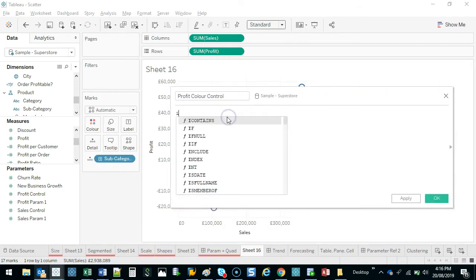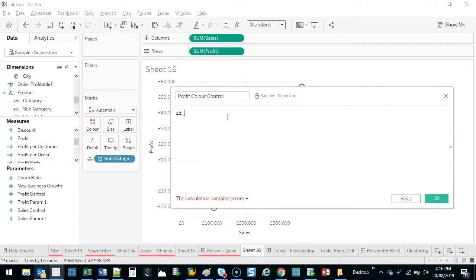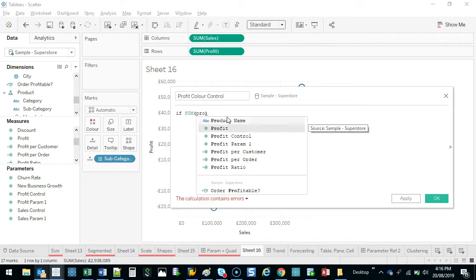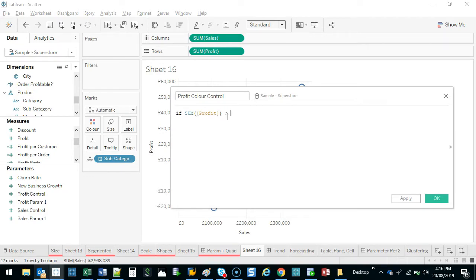So let's go if, I'm going to go really slowly, the sum of profit is greater than this, where is it? Profit param1. So we can bring that in here as a parameter. Notice it's purple, that's a new color. If it's greater, then I'm just going to say then 1,